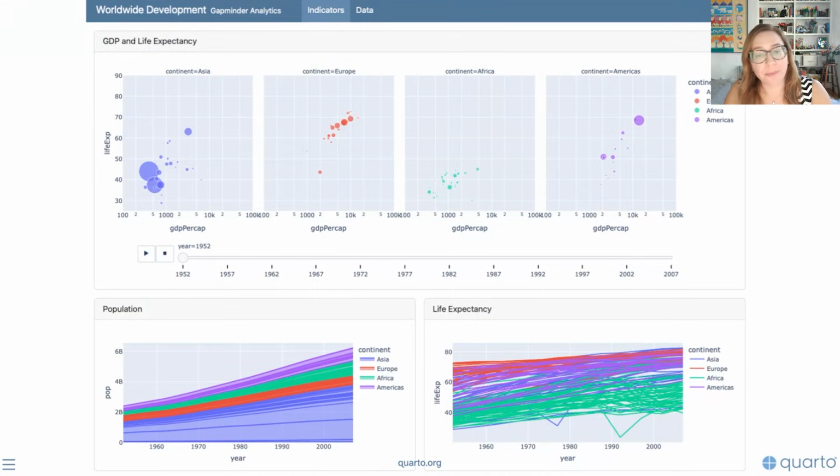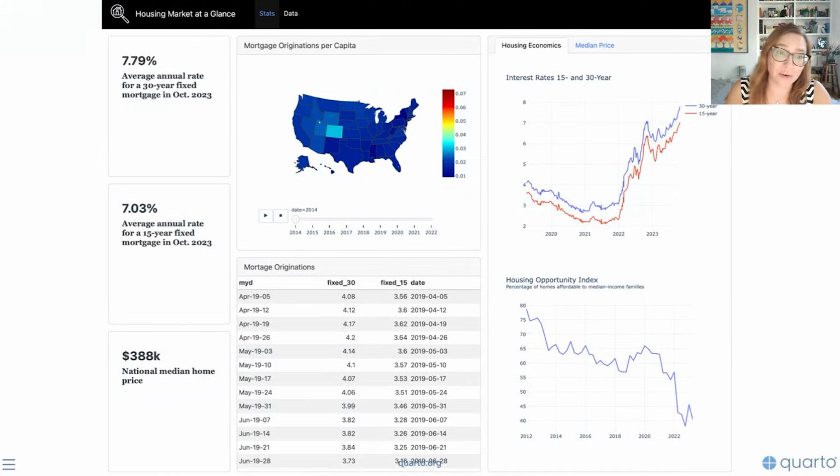Again, we're seeing multiple pages, a row organization. Here we're seeing again multiple pages and column organization. And one thing that may not be immediately obvious is that some of these are created with R and some of them are created with Python. And we can see that the overall look is exactly the same, but those of you who code in one language or the other probably recognize some of the visualizations or some of the tables that are made, and you may be able to identify if the dashboard was created using R or Python code in the code cells.